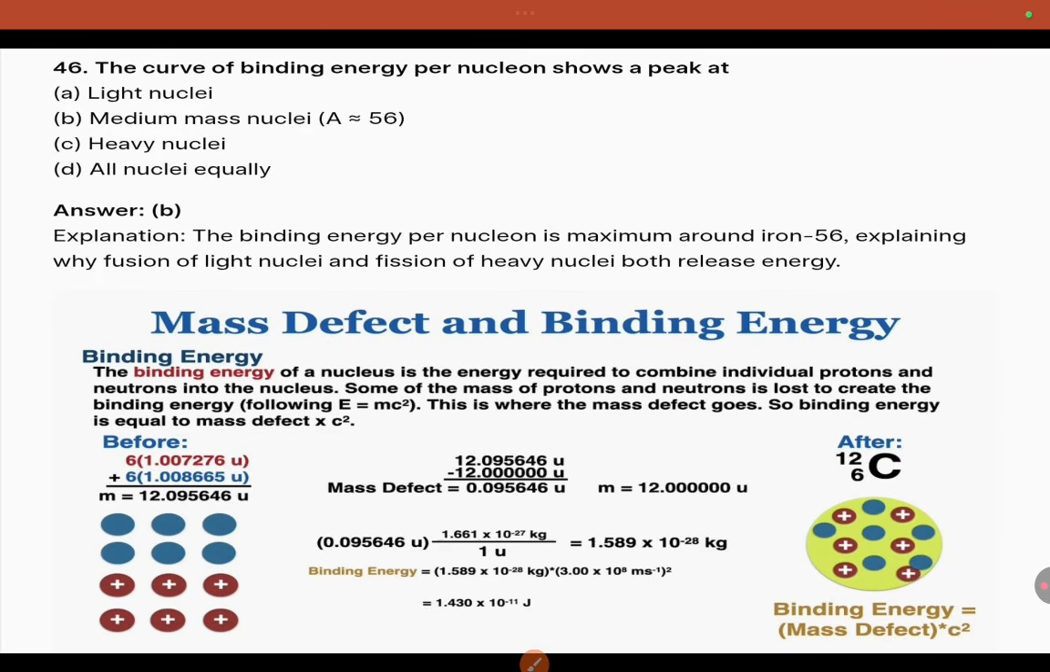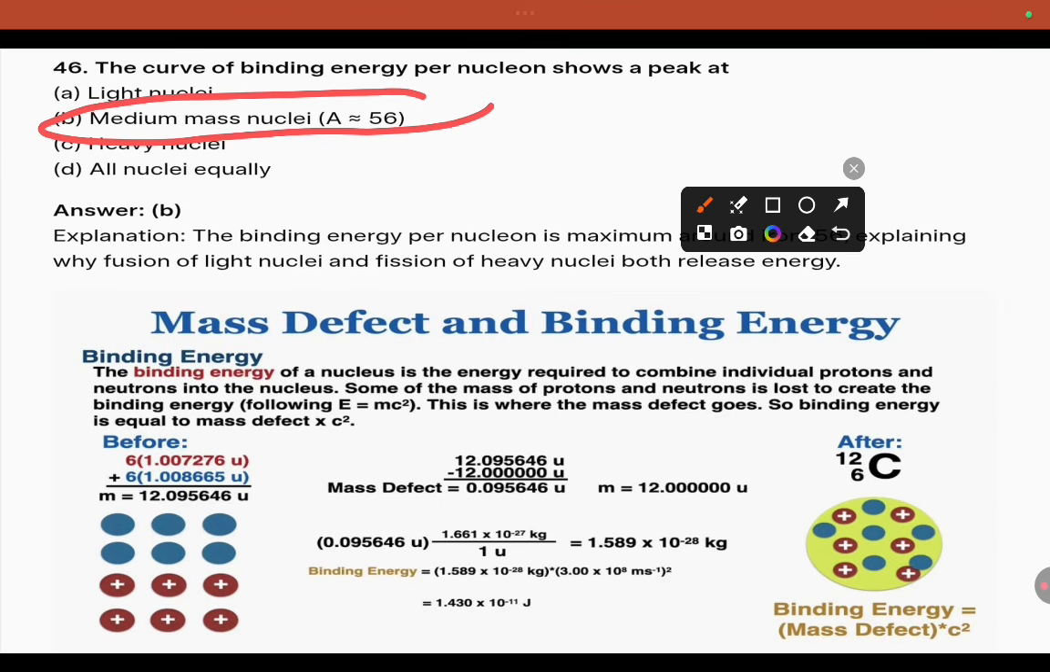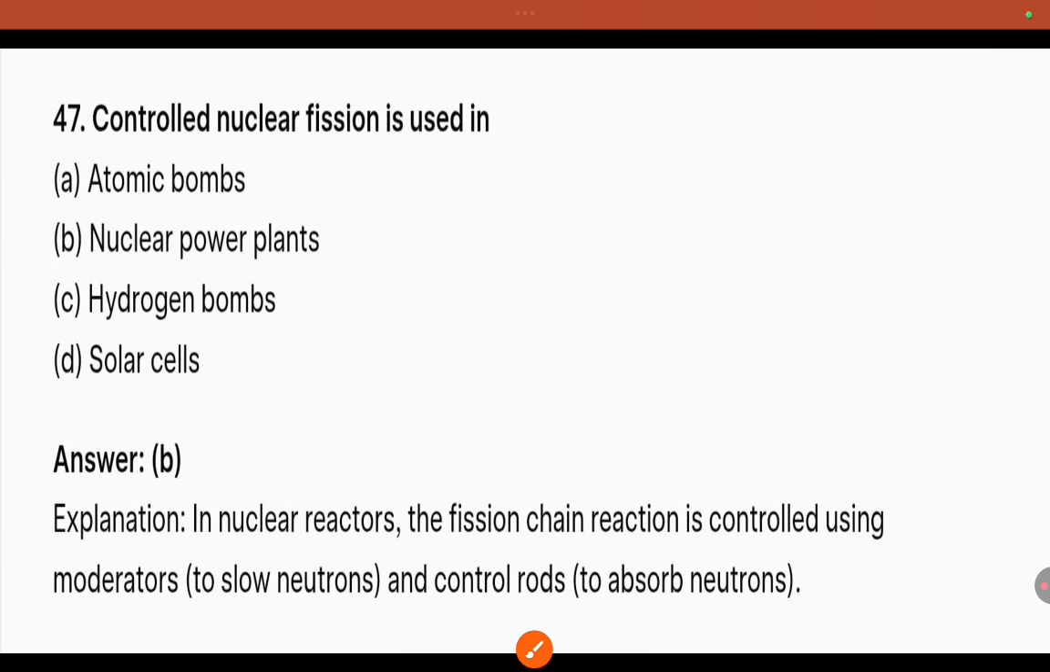The curve of binding energy per nucleon shows a peak where? Medium mass elements like iron, which is about 56. The binding energy. Controlled nuclear fission reaction is used in